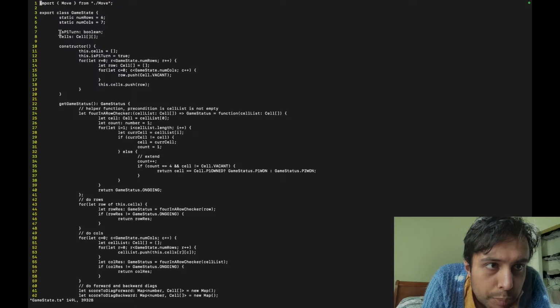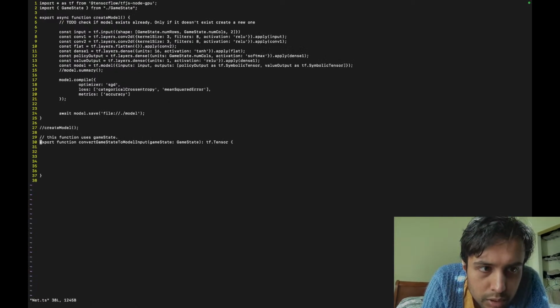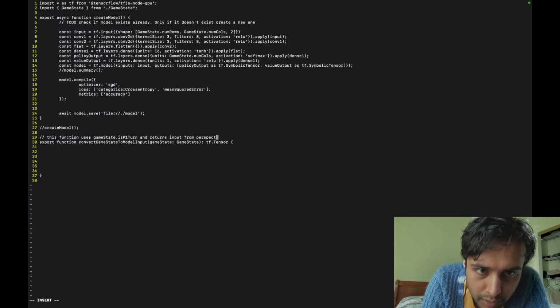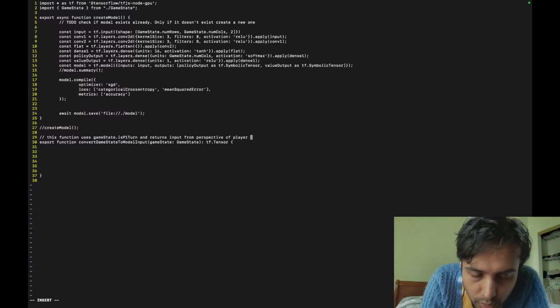The is P1 turn, right? Game state is P1 turn, and returns input from perspective of player whose turn it is.